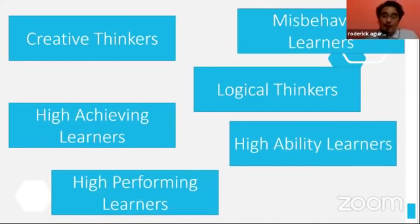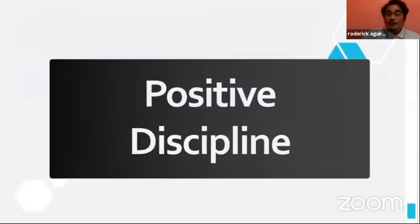Next, you have high-performing learners. Like they want to dance, they want to sing, and so on. Again, do not stop them from singing, from acting, from shouting. Again, have a time for it. Have the time for it in the day and make it a schedule so that that's exactly the time they're going to do high-performing activities. All right. So with that being said,